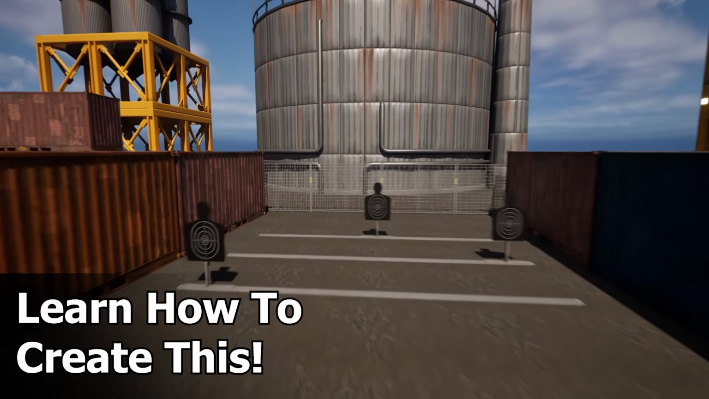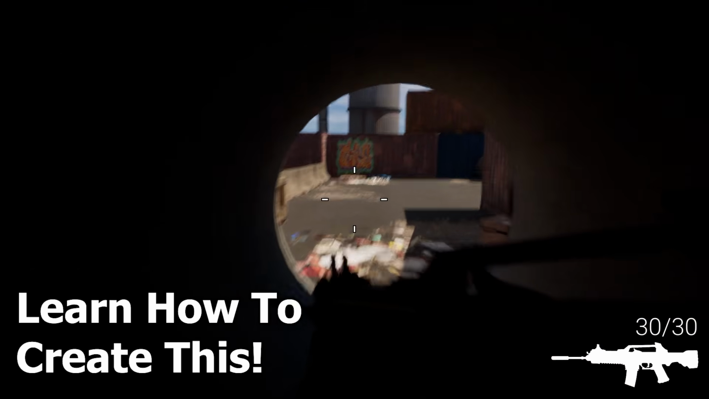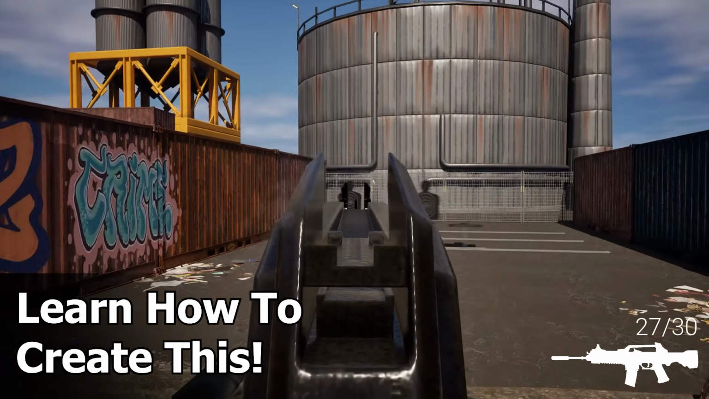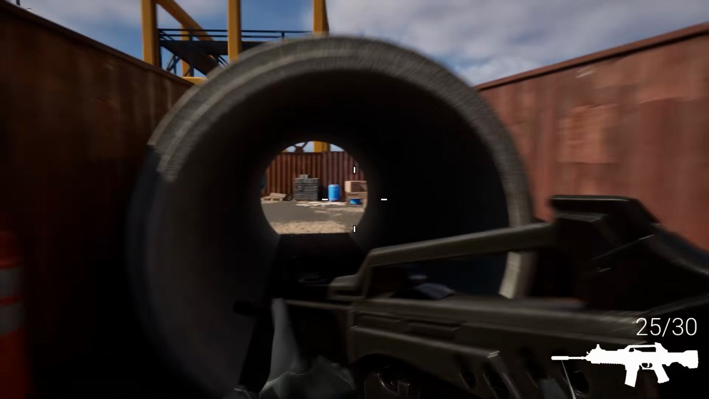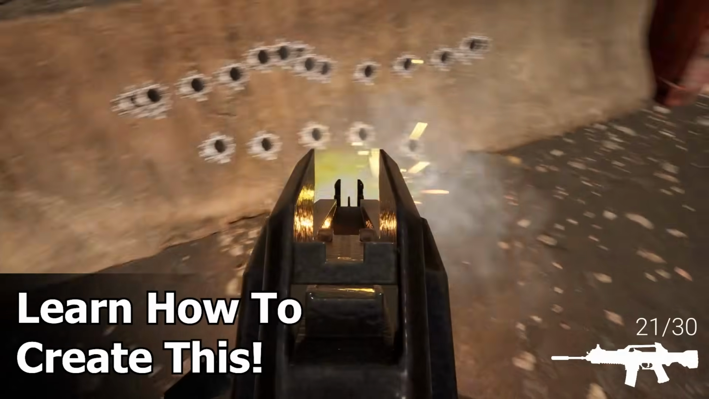Hello guys, Smart Poly here, and welcome to how to make a first-person shooter game inside of Unreal Engine 5.4. In this beginner tutorial, I will show you how to create this simple first-person shooter game that you see here from complete scratch. No matter if you are a complete beginner, this tutorial will show you step-by-step how to create